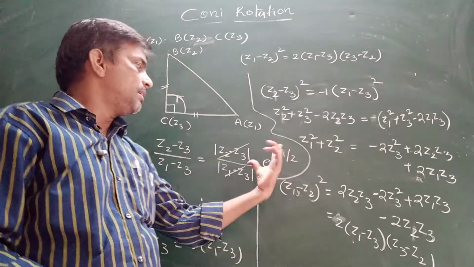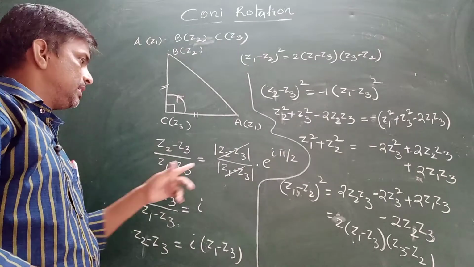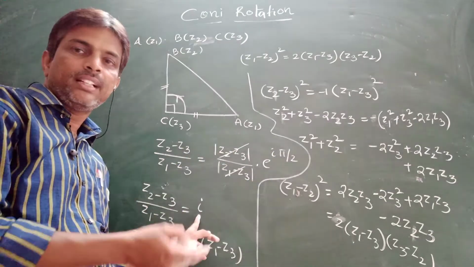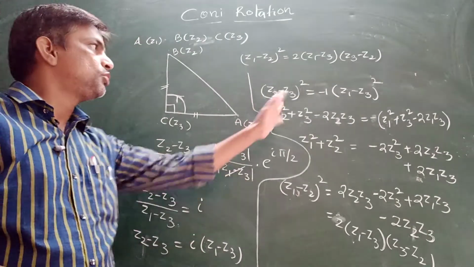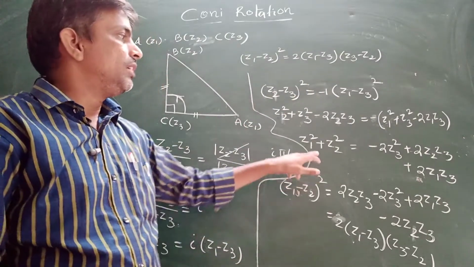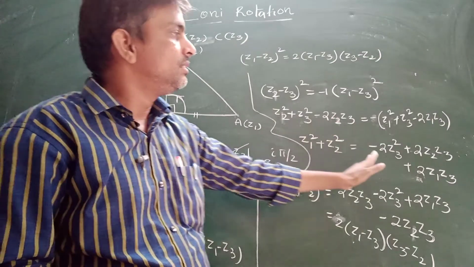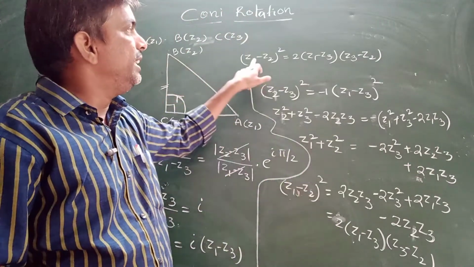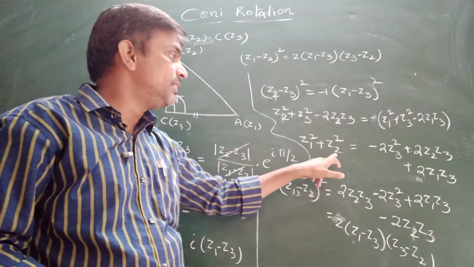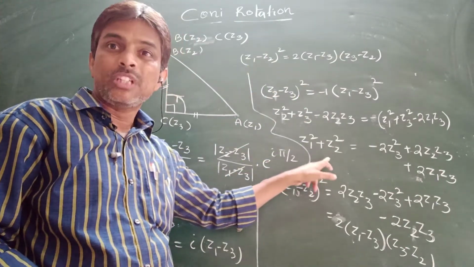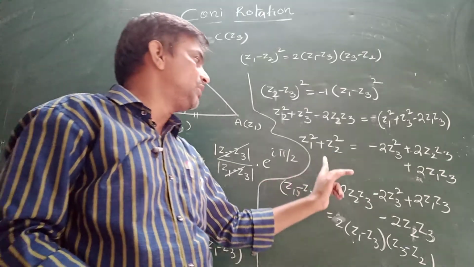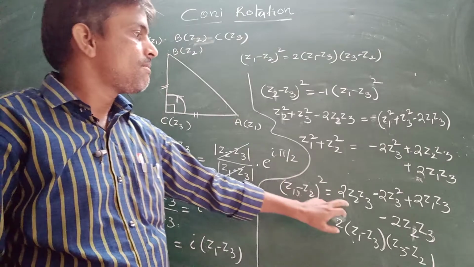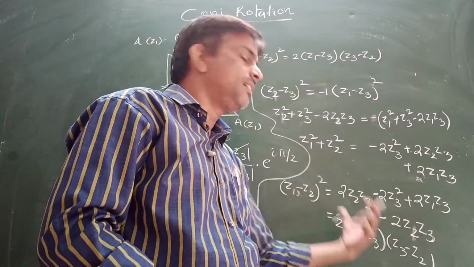This is the final position, initial position. Apply the rotation, and this is cancellation, and e power i theta is cos theta plus i sin theta. Cross multiplication, squaring on both sides, right? And write Z1 Z2 terms on one side and the other terms on the other side. Okay, Z1 square, Z2 square. But here I need to get Z1 minus Z2 whole square, nothing but here I need one more term, minus 2 times of Z1 Z2. Subtract 2 times of Z1 Z2 on either side. Okay, and all this factorize, I get the answer.